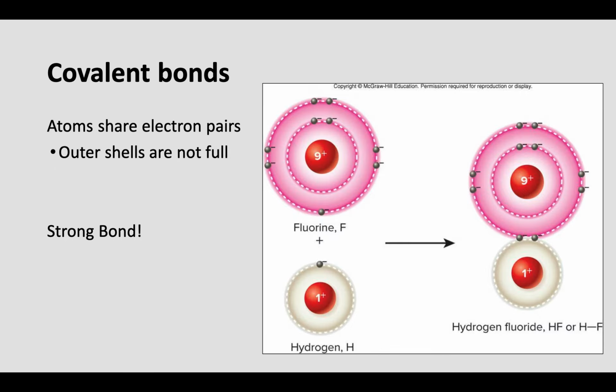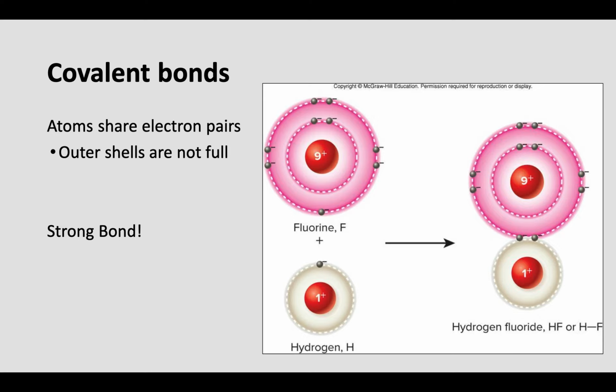I understand that. So we're going to start with covalent bonds. In covalent bonds, this is where those valence electrons really play an important part. All right, so this is where atoms are going to share electron pairs. And so this is where we looked at the atoms and asked, is that outer electron shell full, yes or no? It becomes important when we start talking about these covalent bonds.